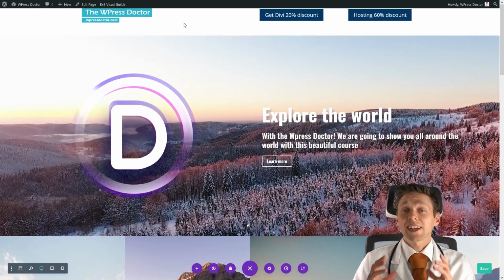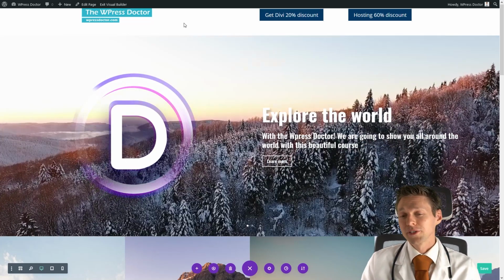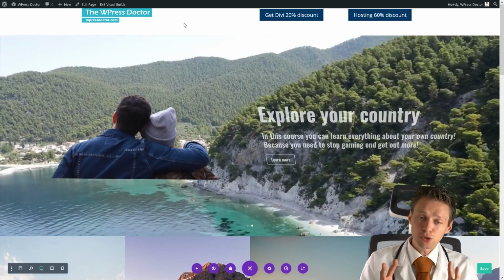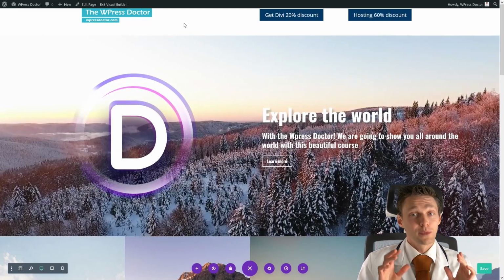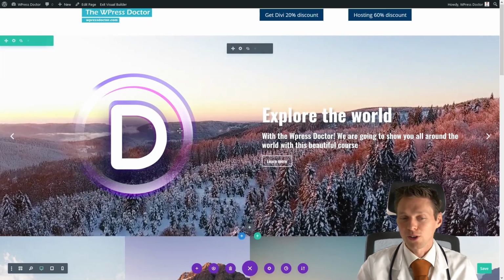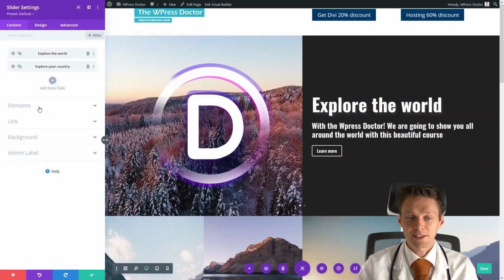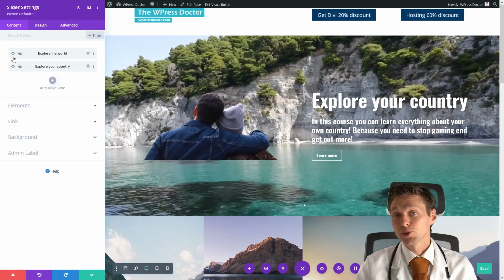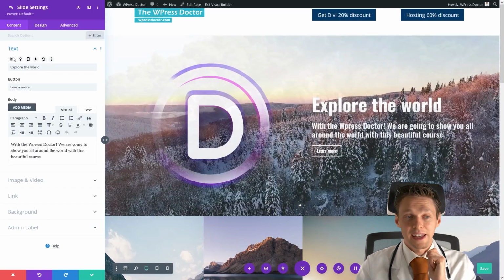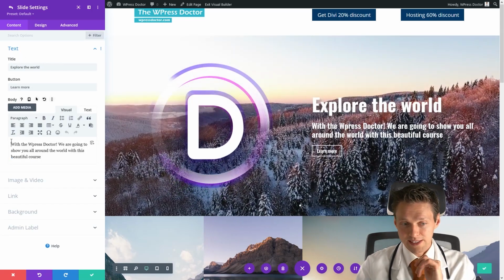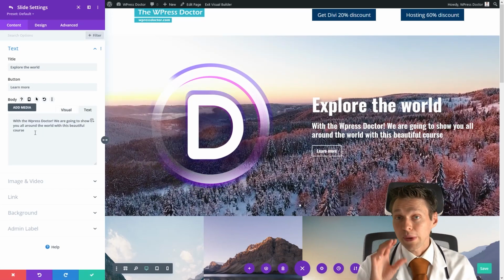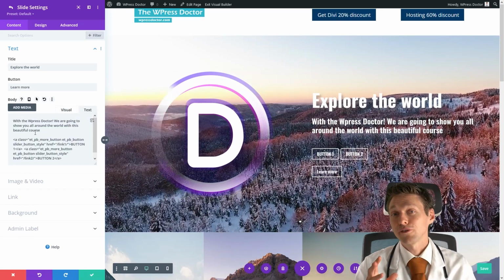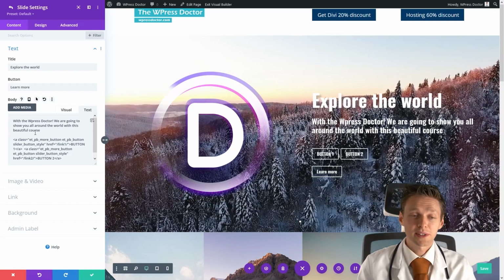Another question I get asked really often is, how can we add 2 buttons inside the sliders? Well, it's also pretty easy if you know how. Just go into the settings of your slider, go to the slide where you want to add 2 buttons, edit it, go to your body text, click on text, and paste in this code, which you can find in the description of this video in the snippets.